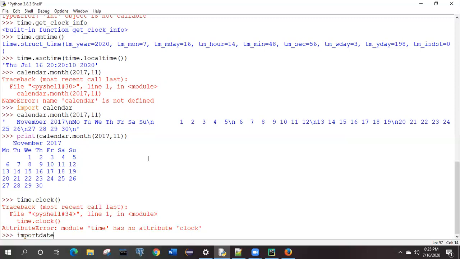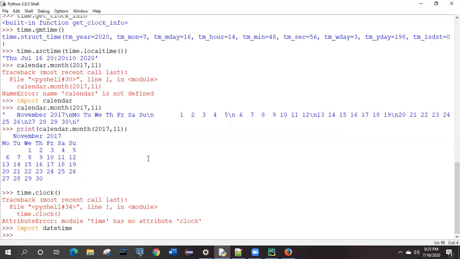Let me check. So date and time is one of the particular modules. If it is imported, there will be certain methods available over here, right? How can we check what the different available methods are? If you type datetime dot, whatever is available will be listed for us. It is saying MAXYEAR, meaning the maximum number. The year is 4 digits, in the form of YYYY, right? So what will be the maximum value for that one?